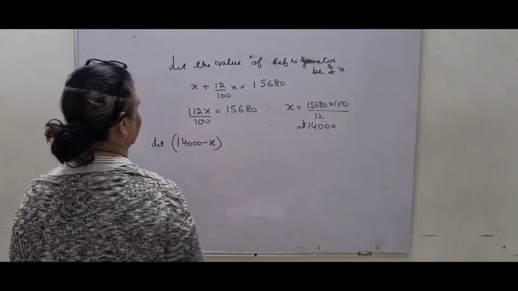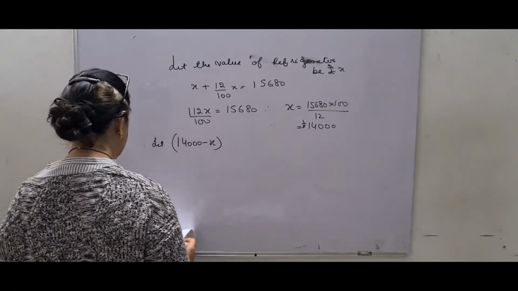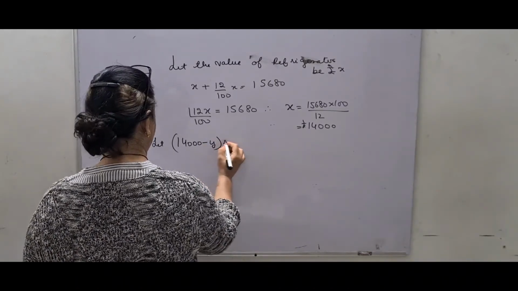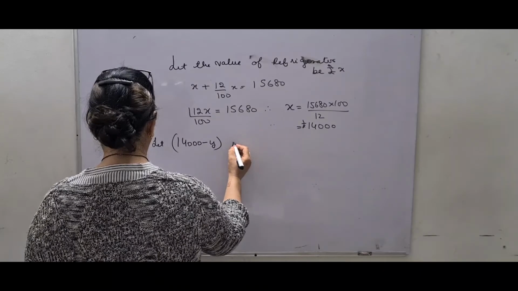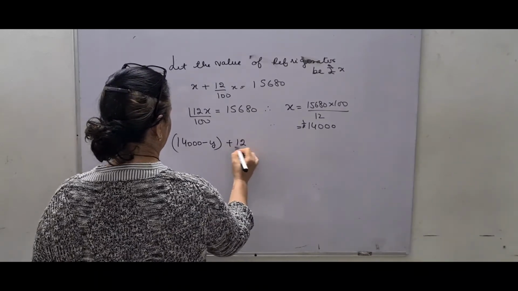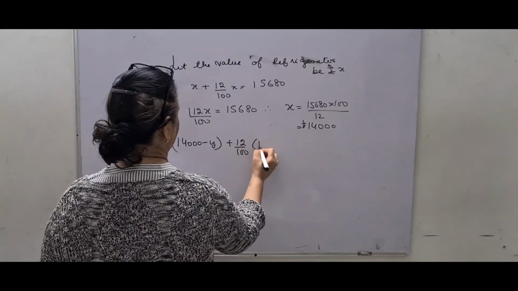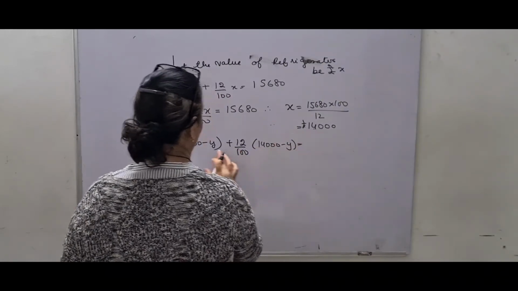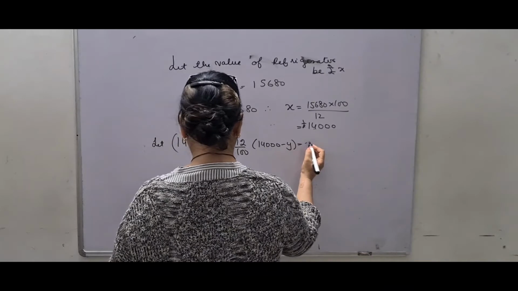14,000 minus x. Let this reduction be y. You take y because x we have already taken, plus 12% of, again the GST cannot be changed, because he has to pay only that. In this price he wants the reduction, and this is equal to